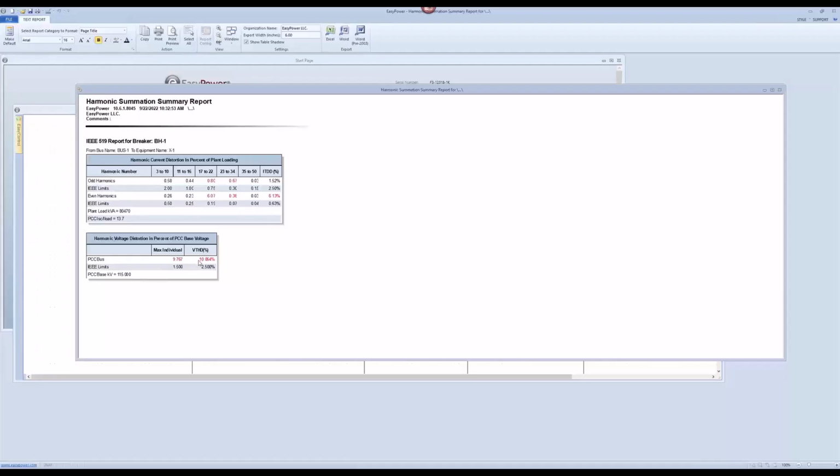Out of my range. Anything red in EasyPower means that it's a violation, it's a bad thing, right? We know that. And according to all the harmonic, even harmonic spectra reports of each individual and the total harmonic distortion currents, I have my 6.13 violation as well, because the IEEE limit is very small and the even harmonics can go up to 6%, right? So this actually